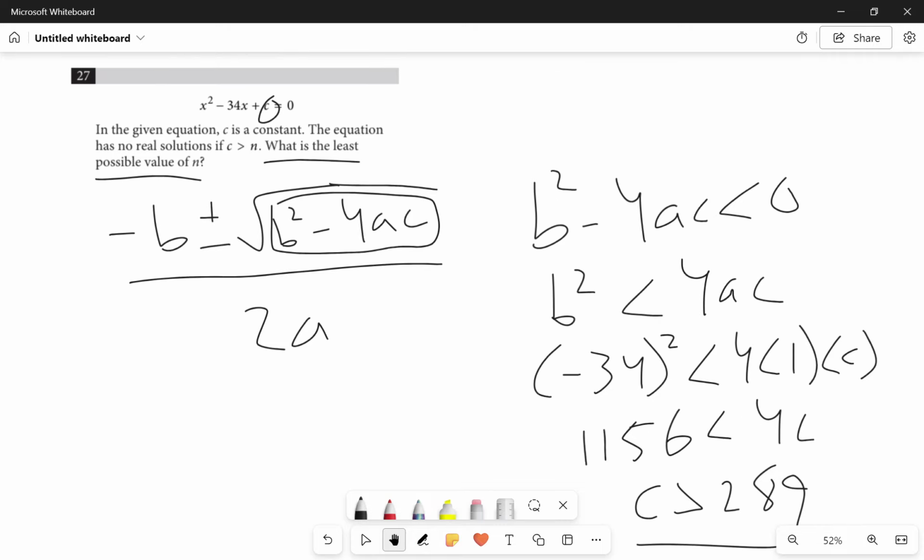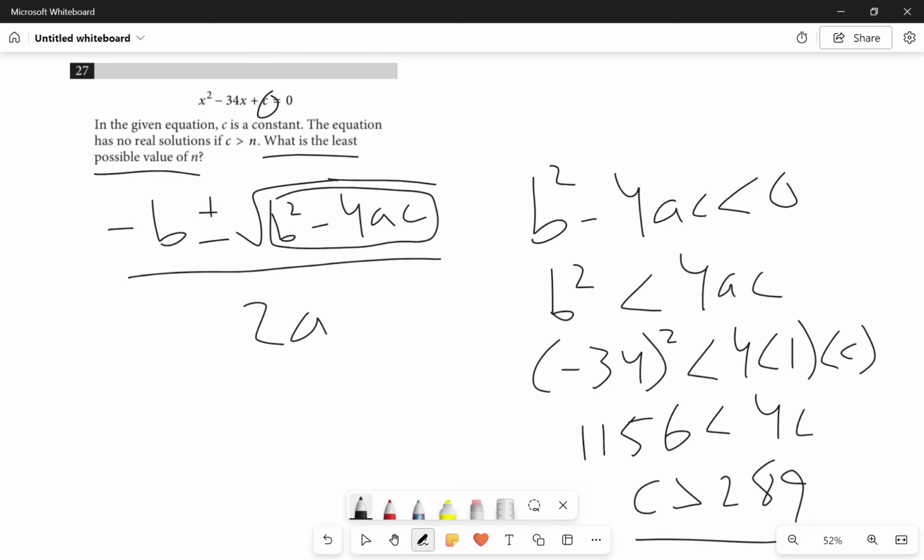Now if we go back to the question, we're told that the equation has no real solutions if c is greater than n. So what is the least possible value of n? Well, we just found that if c is greater than 289, it'll have no real solutions, so therefore n is equal to